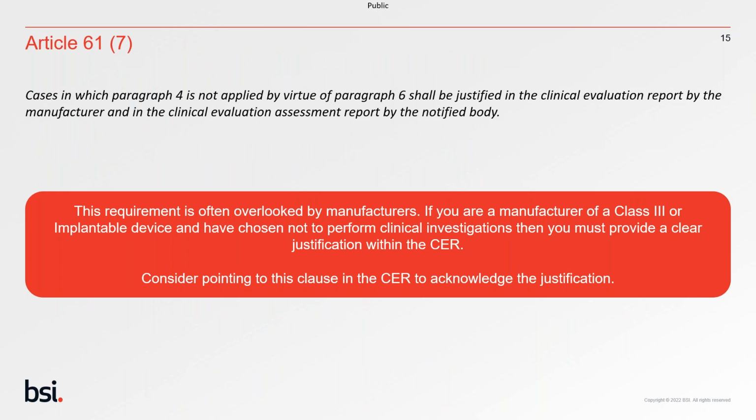Just really going to point out one thing in regards to clinical investigations, particularly that's mentioned in Article 61.7, which is often overlooked by manufacturers. And it talks about the fact that when clinical investigations are not conducted for Class 3 and implantable devices, as seen on the list that we said at the start of the presentation, around those that may be claiming equivalence or modifications by a manufacturer of a device already marketed, then there really needs to be a statement within the clinical evaluation report. It's surprising how many times we see these manufacturers claiming equivalence within their clinical evaluation report, but we don't see a clear statement addressing Article 61.7. So just something to look out for.